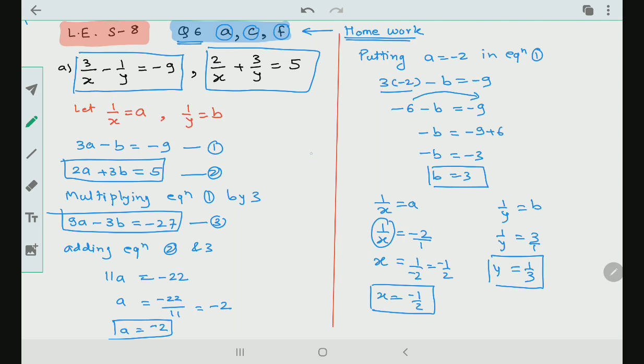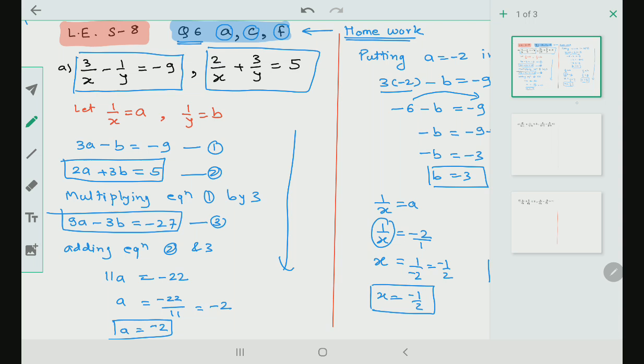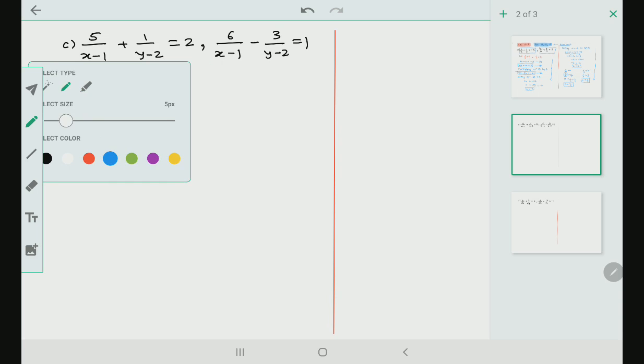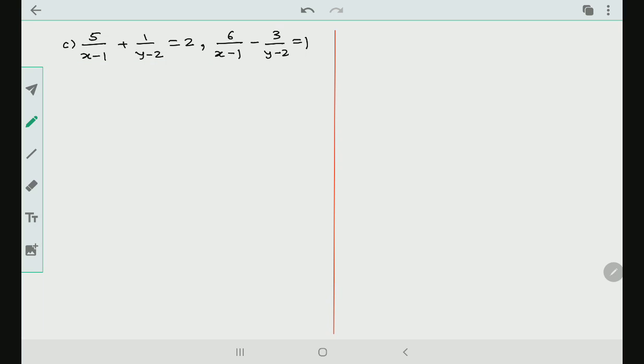It looks lengthy, but it is very, very simple and direct. Correct? I hope you understood it, but don't solve it right now. Understand all the questions after that, and then do it yourself. Okay? Let's start understanding. Now here is the next question, C.